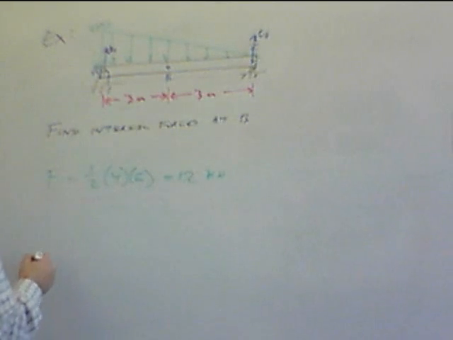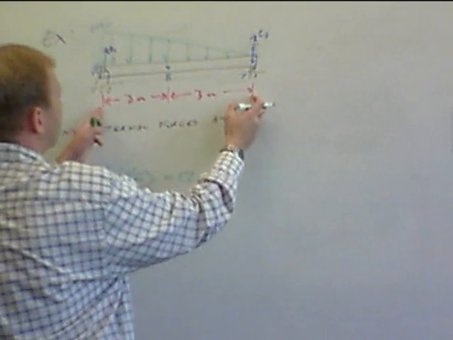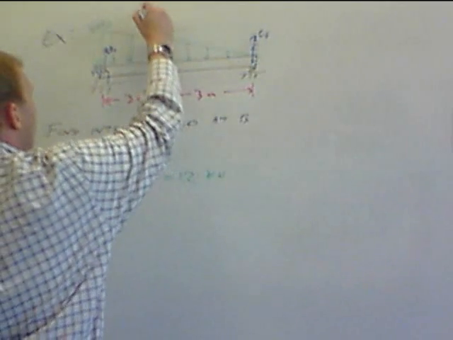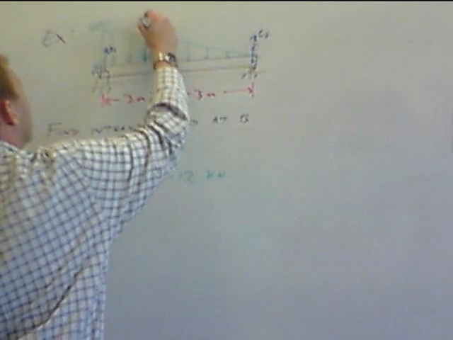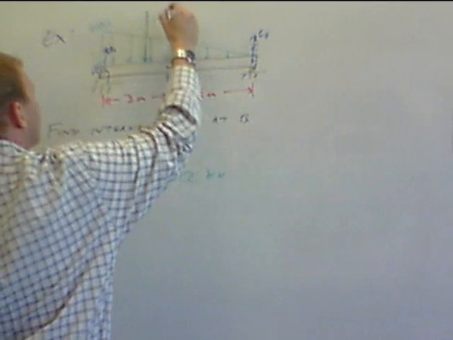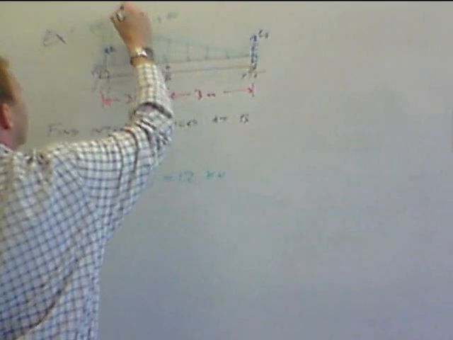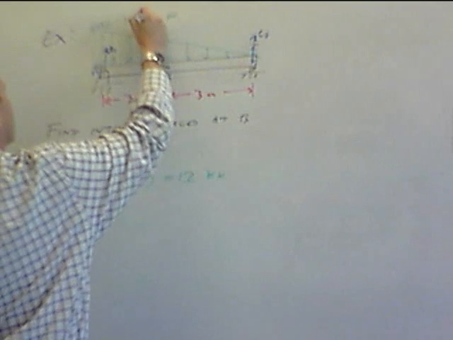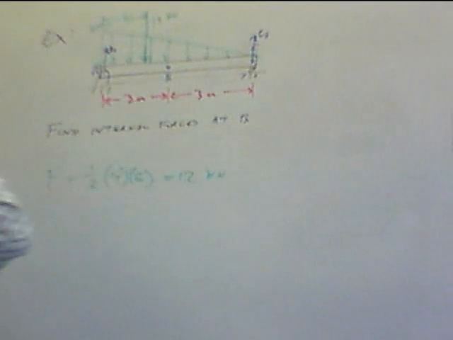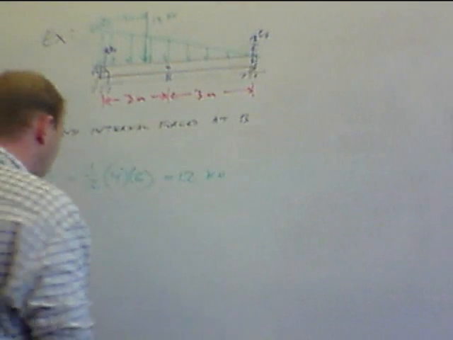All right, and so that's the area. In terms of where it's going to be, if we're at 6, it's going to be 2/3 of the way over. Our single force is going to be 12 kilonewtons at a distance of 2 meters from that edge. Okay, that makes things a little easier. So now,